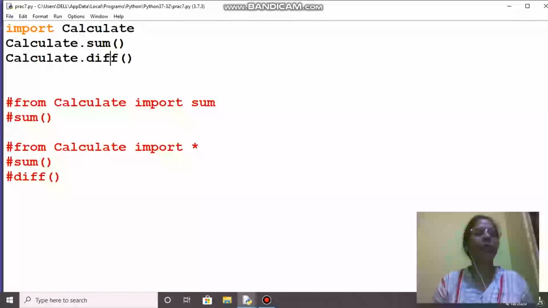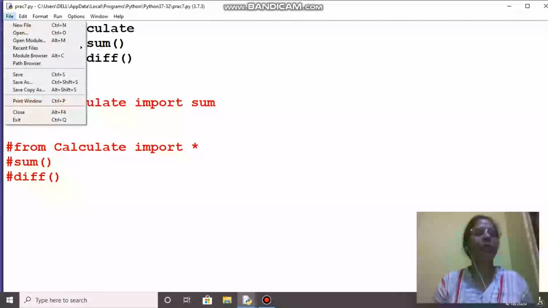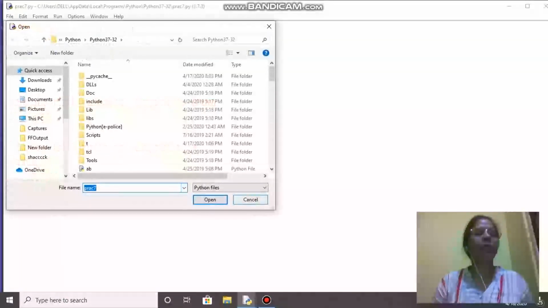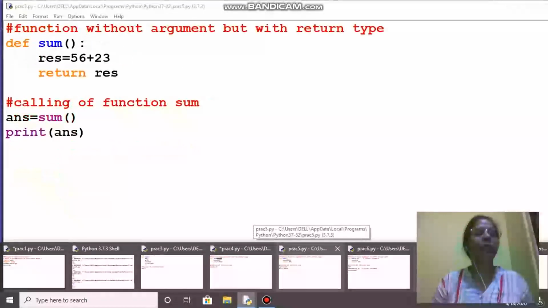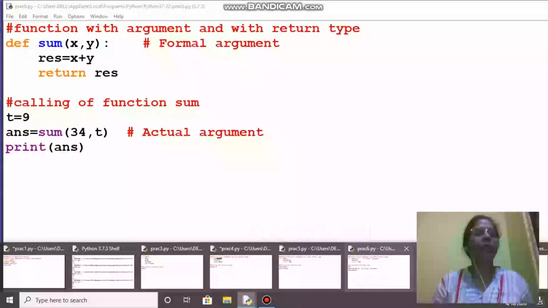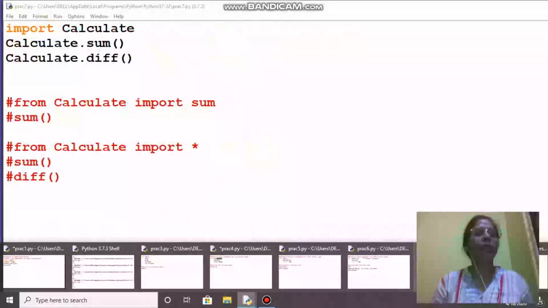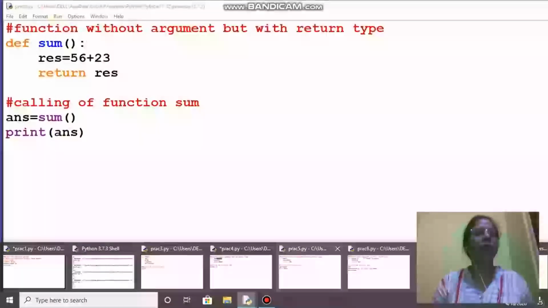And in the previous tutorial I gave you the example of default argument also. That example you can execute practically, because that example is complete and you can test whether the default argument is working properly or not.